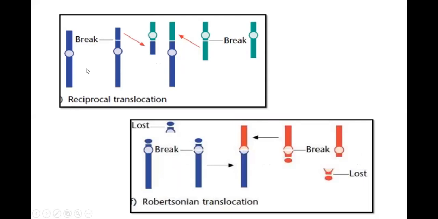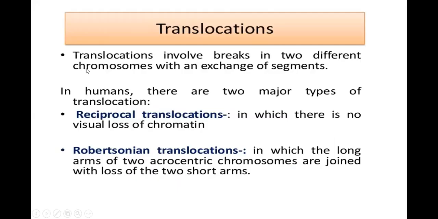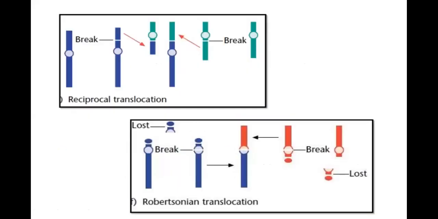In reciprocal translocation, there is going to be no visual loss, and one part of the chromosome gets detached and attached to the other, and from the other it gets detached and attached to this one. So visually the chromosome appears to be normal, but they are having parts from the other chromosome. This is called reciprocal, because one chromosome gave its material to the other chromosome and the other took it. So this is called a reciprocal translocation.